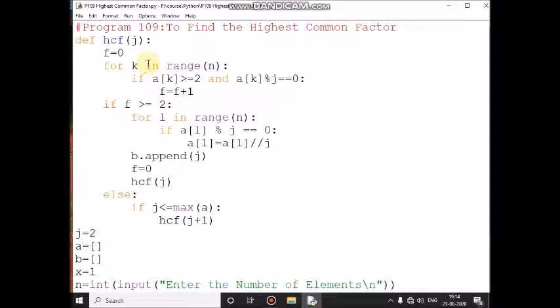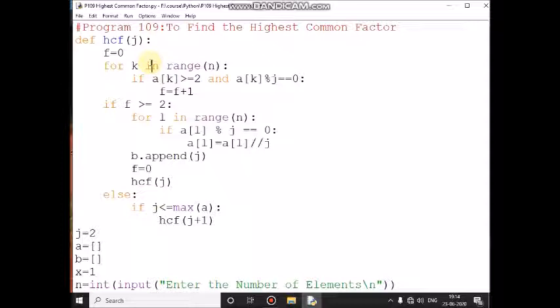k value becomes 0 plus 1, 1. 1 to 4, condition is true. Control comes inside the loop. a of first location value is 10. 10 greater than or equal to 2, condition is true. Here I am checking one more condition. a of first location value, that is 10 modulo 2, means you get remainder 0. 0 equal to 0 means condition is true. Then control comes inside the if. Then if value becomes 1, 0 plus 1 is 1. Then control comes here.